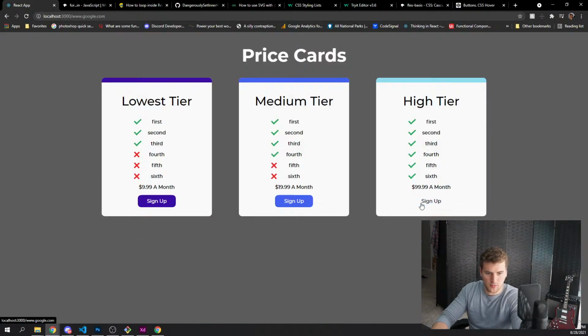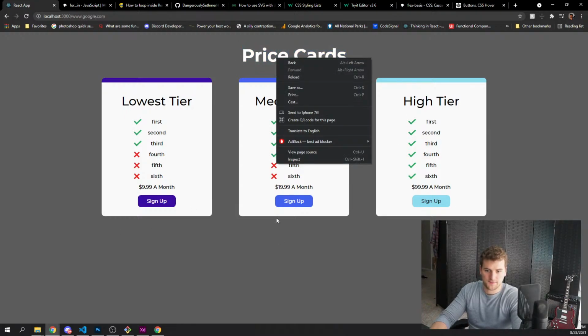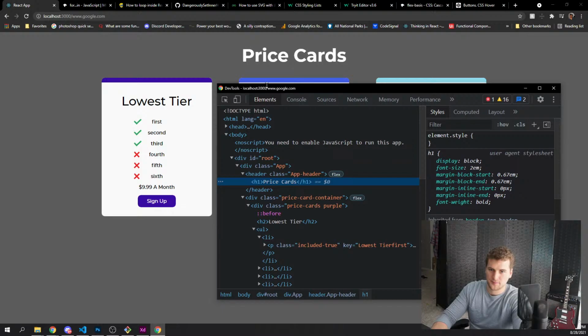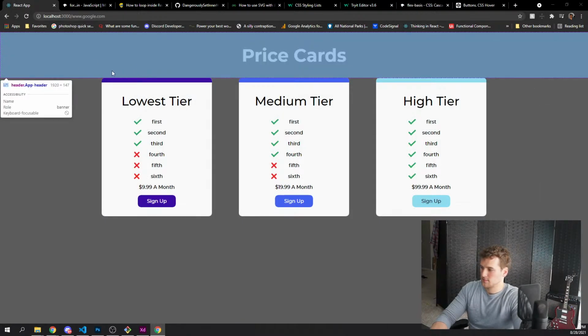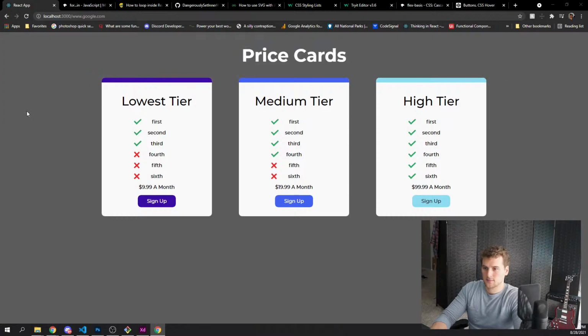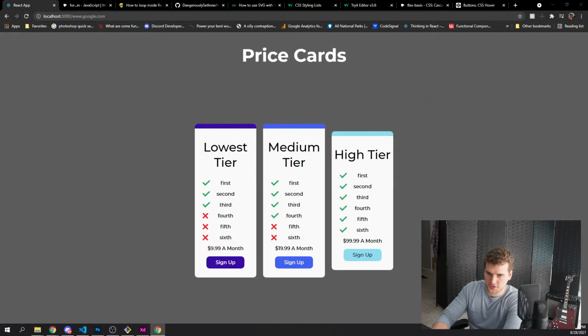Boom, boom, boom. That animation's kind of slow, but it works for our purposes. All the check marks are working out. Let's center this stuff, and then I think we'll be done. So app, we'll say min-height 100vh, and then display flex, direction column.